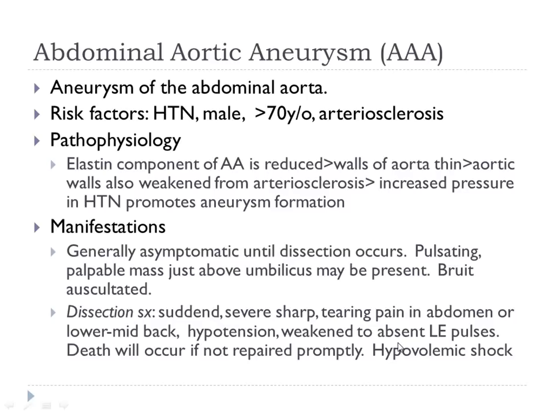So somehow the elastic component of the abdominal aorta is reduced because of what? Arteriosclerosis. And that artery, it's the major artery in the body, and it has very high pressure in it. And it's been taking a beating for a long time because of that hypertension. So just remember that when you have hypertension, your arteries really take a beating, because of all the pressure. So lots of trauma to that abdominal aorta because of these chronic diseases.